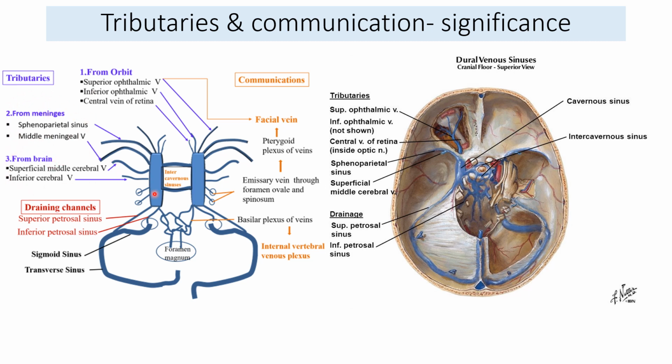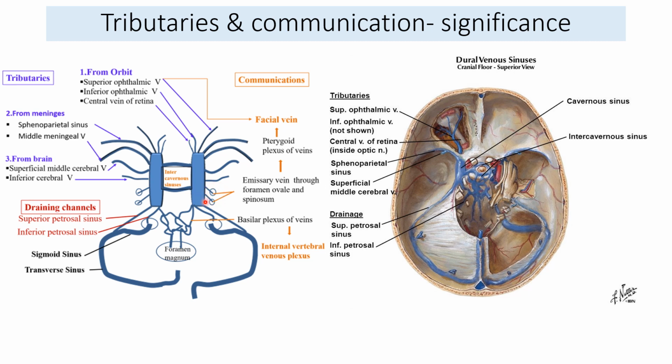Apart from this, through the emissary veins and diploic veins, the cavernous sinus has communication with the veins outside of the skull. The emissary veins pass through the foramen ovale and the foramen spinosum, and connect with the pterygoid venous plexus, and the pterygoid venous plexus further has connection with many veins. The facial vein also communicates with the pharyngeal veins. So with this, all these areas get access to the cavernous sinus.